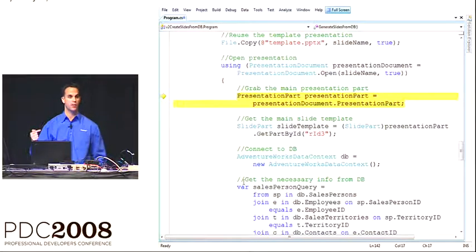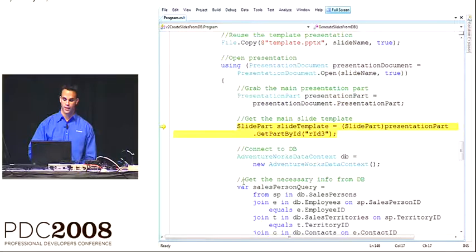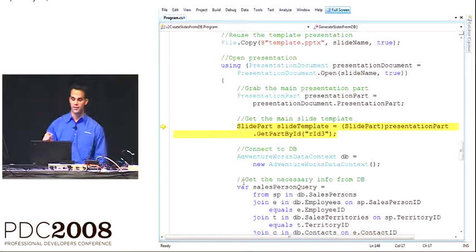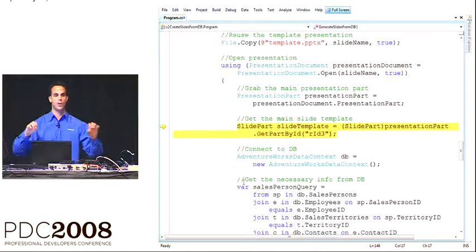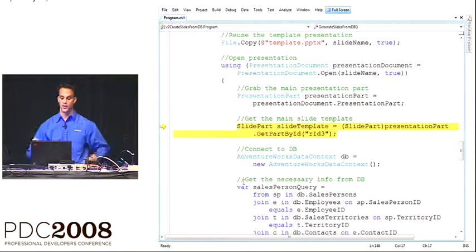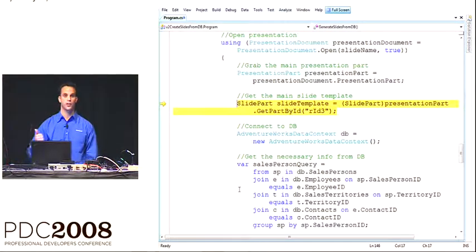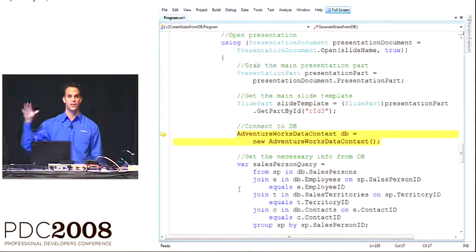And now, like in the case of the word processing document, I need to go grab all the references to all the different parts. So in my case, I need to go grab the presentation part. And I know, since I created this file, my slide template, I can get the slide template through a relationship. So like I said before, all the parts are referenced through relationships. And in this case, I know that the relationship with an ID 3 references my template for that particular slide. So right now, I've just accessed my main